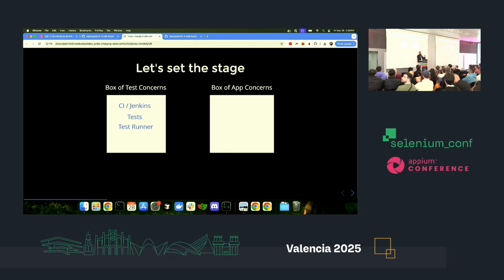You have your tests, you have your test runner, right? PyTest, whatever it is, Chrome. And on the other side, we have your UI, we have your front end, and the back end, right? We'll just call it that. And you need to communicate with it. So we have our side, and there's the other side. And what I'm going to demonstrate today is how they work together to make a more performant CI